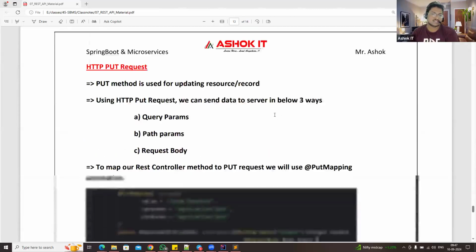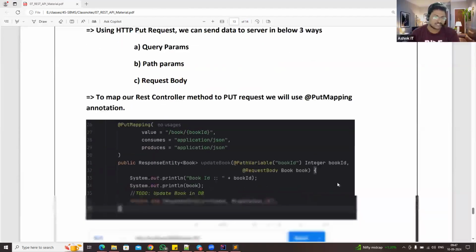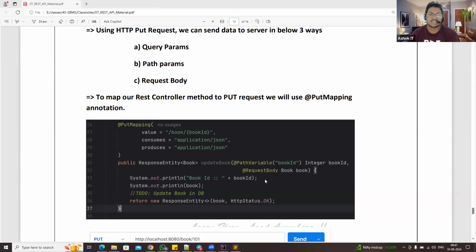We also discussed what an HTTP PUT request is, why we need to use it, and the difference between PUT request and PATCH request, how to send the data to the PUT request by using path variable as well as request body, and how to deal with both consumes and produces in the